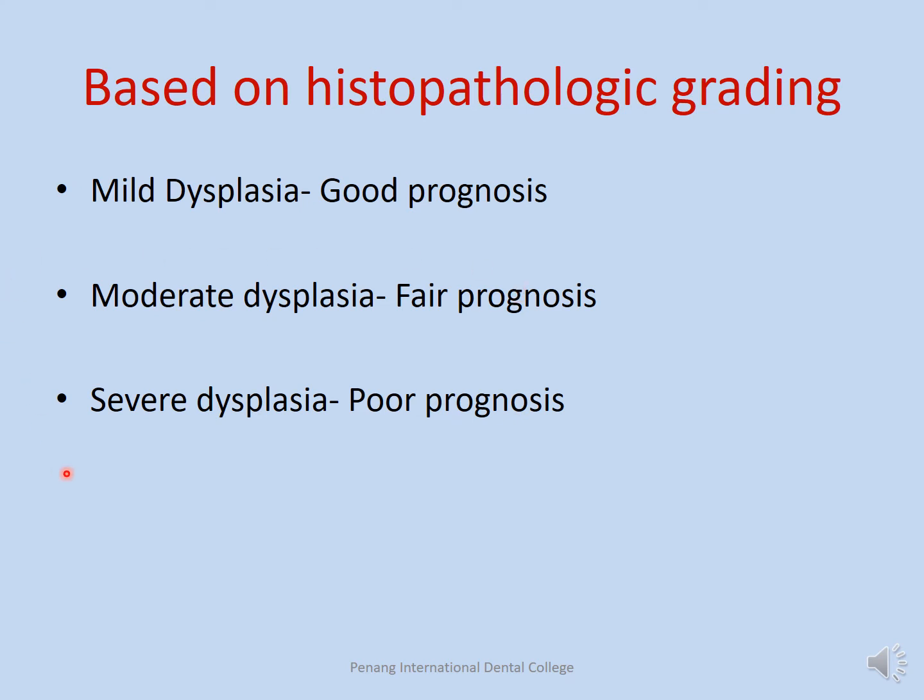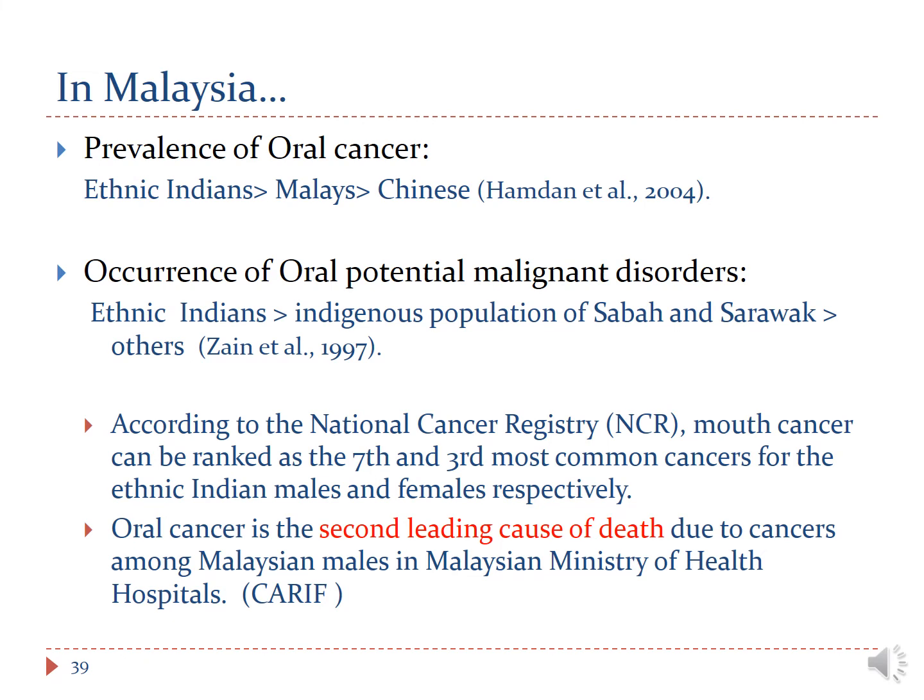Whereas moderate and severe epithelial dysplasia have fair and poor prognosis, because the genetic damage that has taken place because of the exposure to carcinogens is more than that in mild dysplasia, and there is a fair risk. So, to give you a perspective, in Malaysia, the prevalence of oral